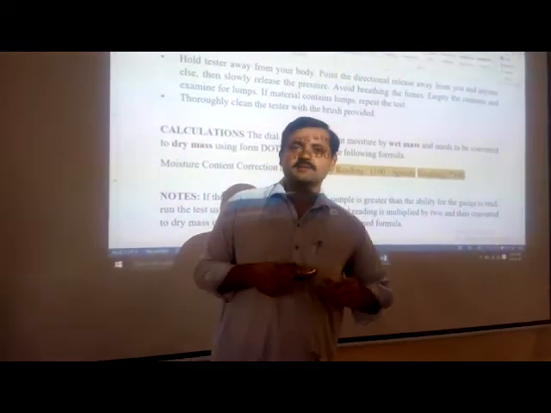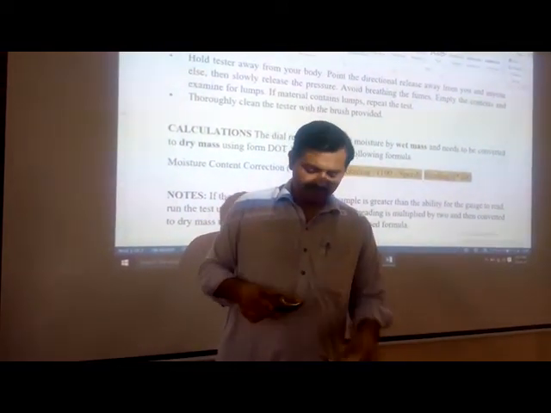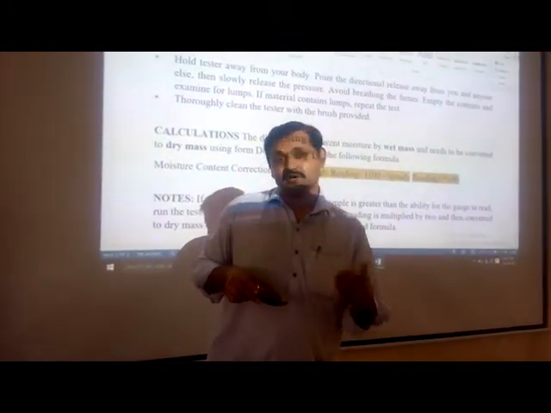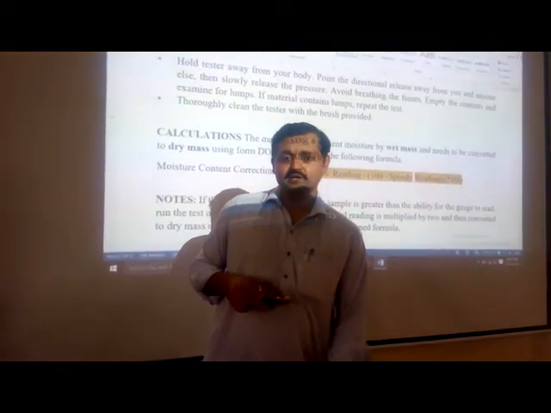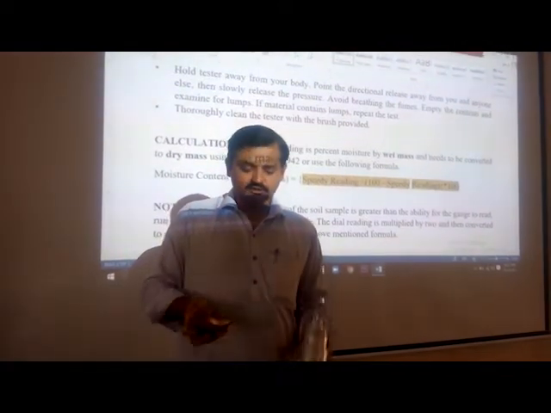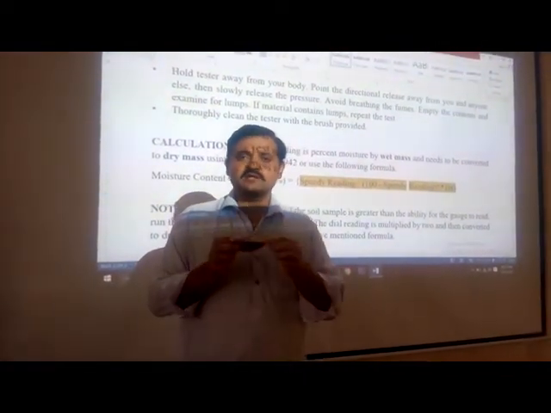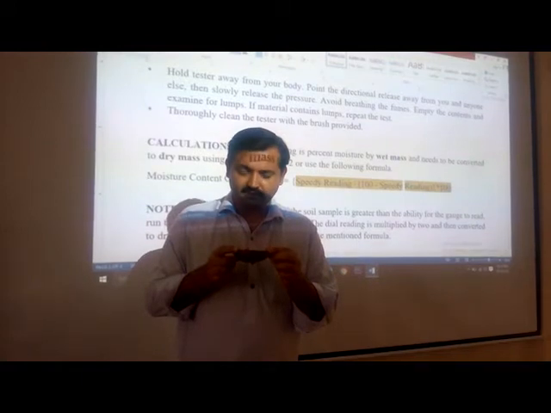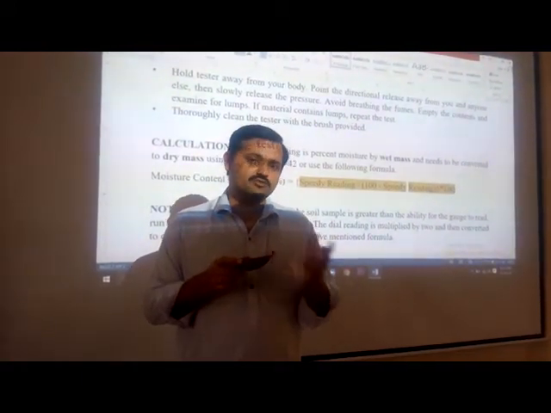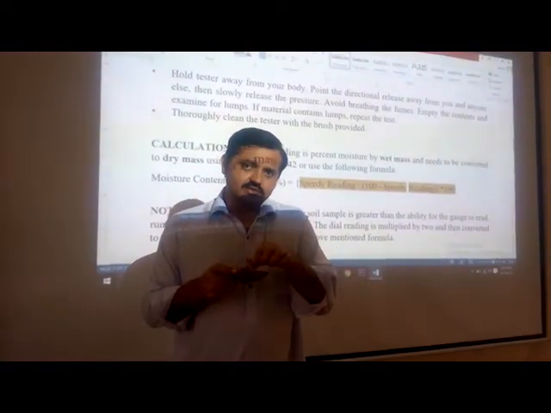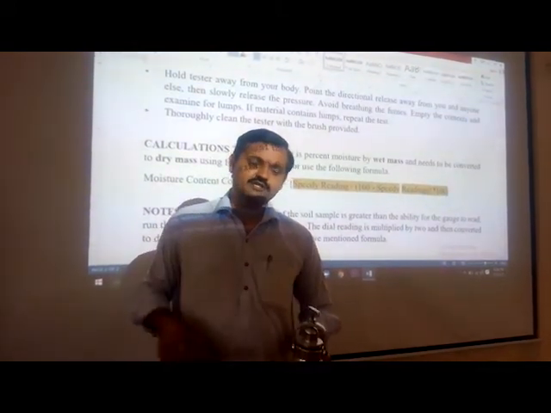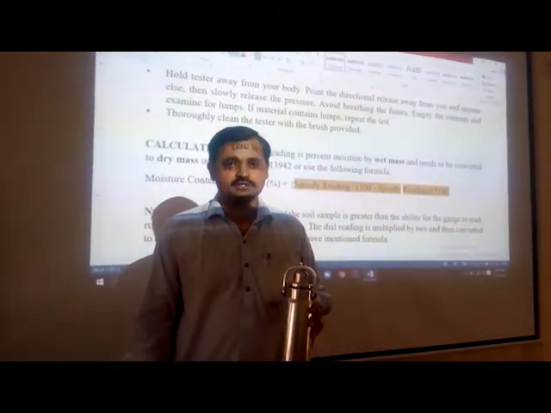Let's suppose initially its amount was 20 gram that we have put inside the speedy moisture tester, but as there is enough moisture present inside the soil sample, which this pressure gauge will not be able to record, what we will do is convert the initial soil sample into two parts. Let's suppose if initially it was 20 gram, then 10 grams will be taken and